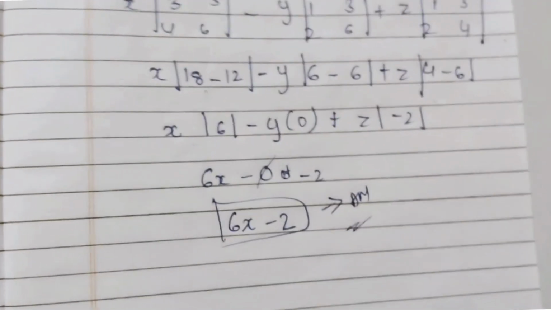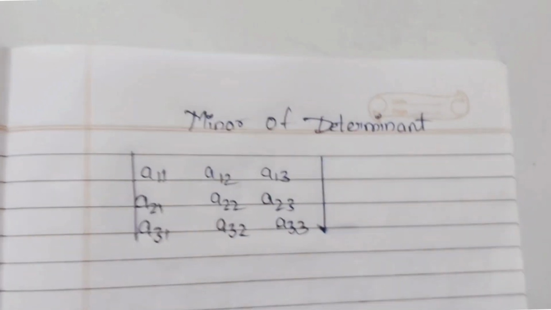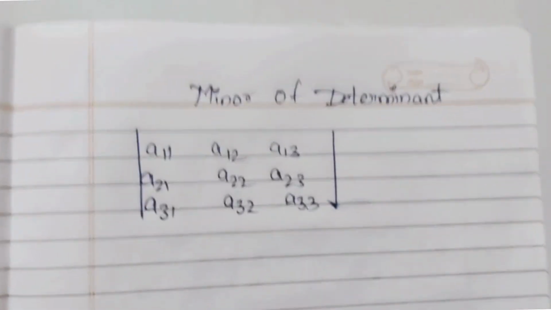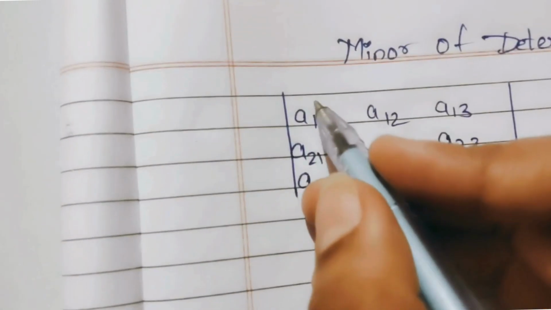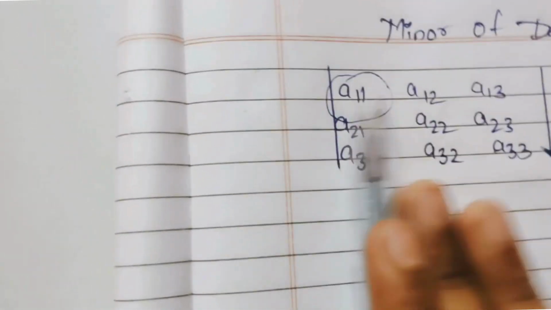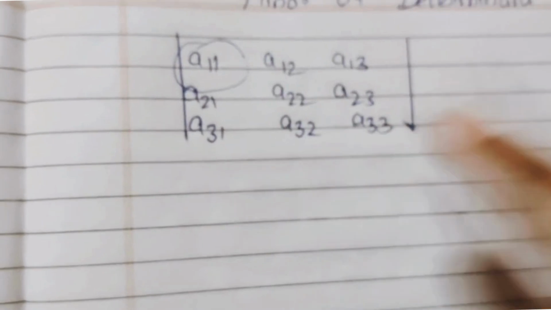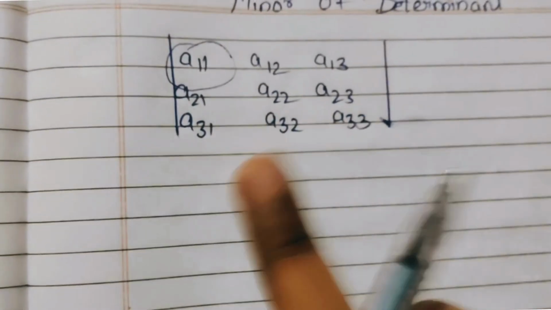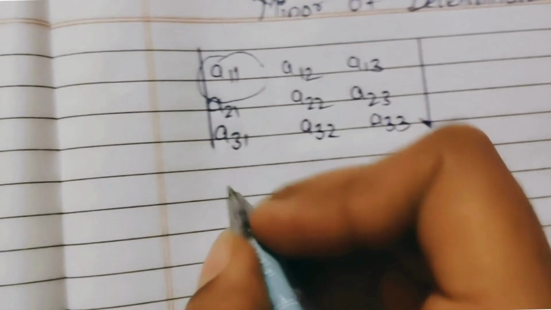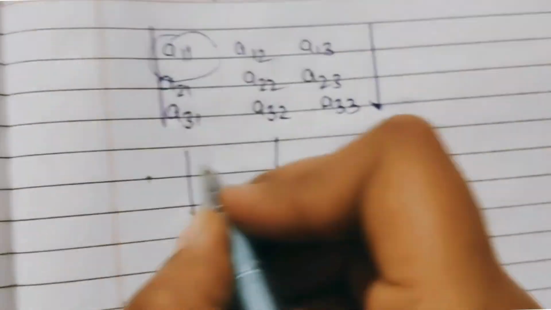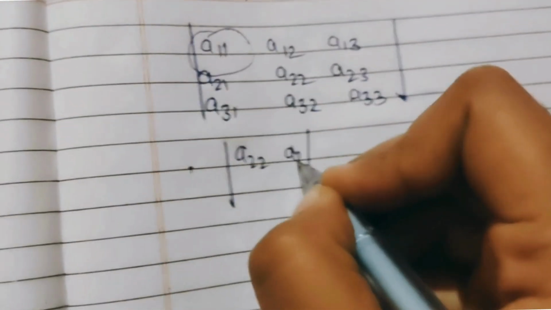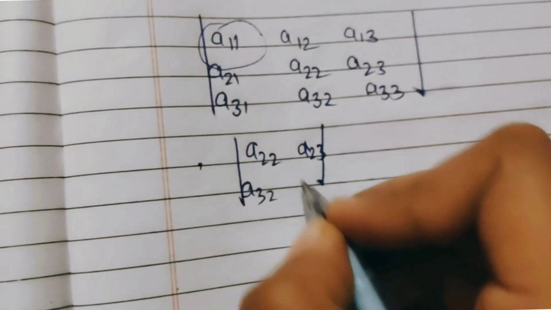Now let's see how we can find the minor and how we can find the cofactor. Now we'll see how we can find the minors and the cofactors of our determinant. So first let's see the minor. What is the minor value? For the minor, we take a level, point out this element, then we remove this column and this row, and what we are getting is a22, a23, a32 and a33. Here we won't take the level, we just take a22, a23, a32 and a33.